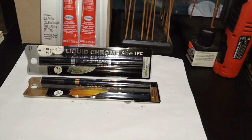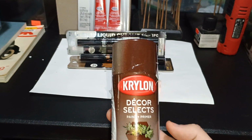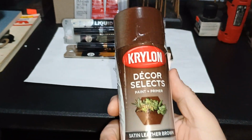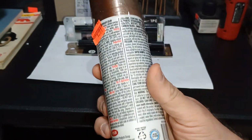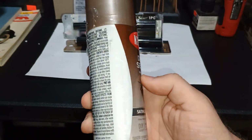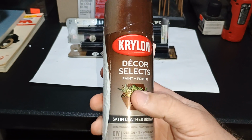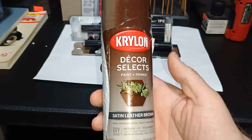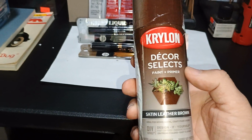Then I was in the clearance area and I found a unique color right here. Let me see. It is satin brown, leather brown. And I figure I'll use this for my next build. I'm just itching to build another Bronco because